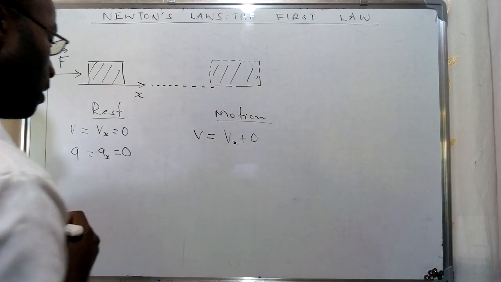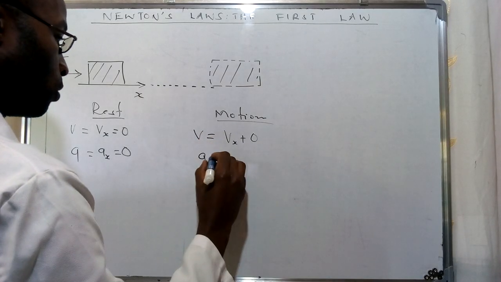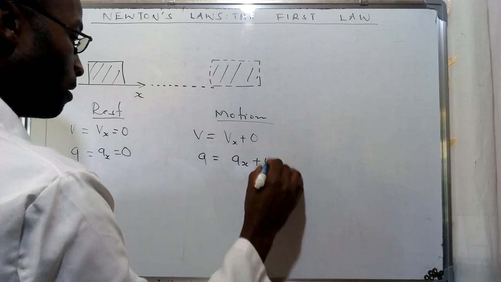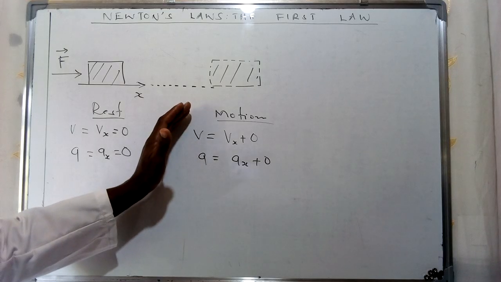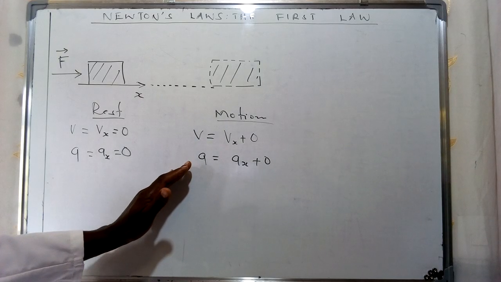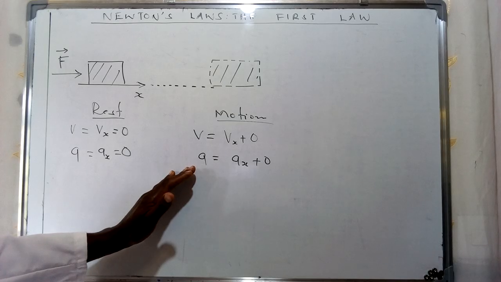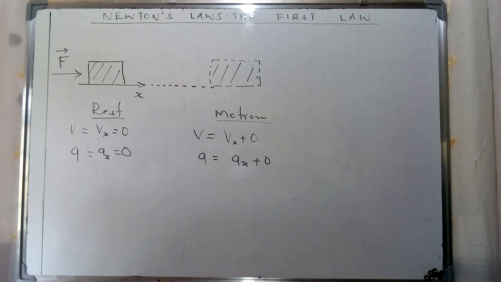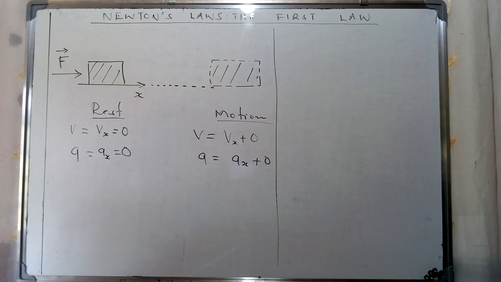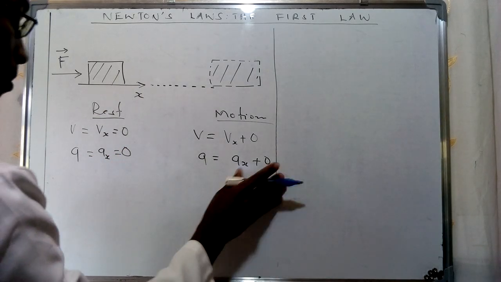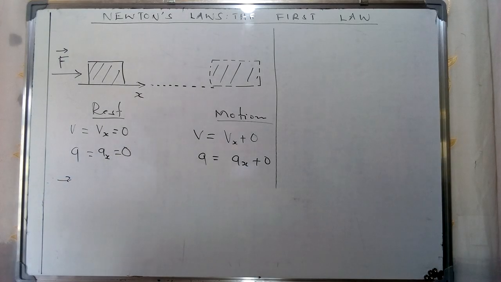But in this case, upon motion, we're going to have a specific quantity of this acceleration given in terms of the initial one plus the final one, which is going to describe the velocity component and acceleration of this particle in that particular sense. So we shall be looking at the effect of this specific force, which constitutes Newton's laws of motion. In a summary form, we can state Newton's law of motion as a statement, a summary, whereby a body